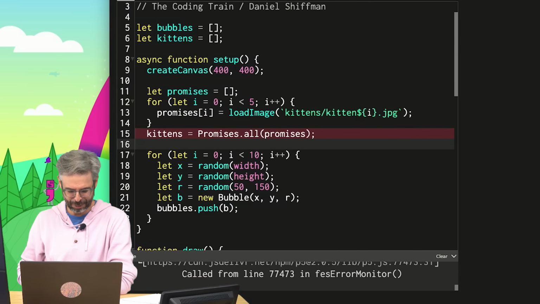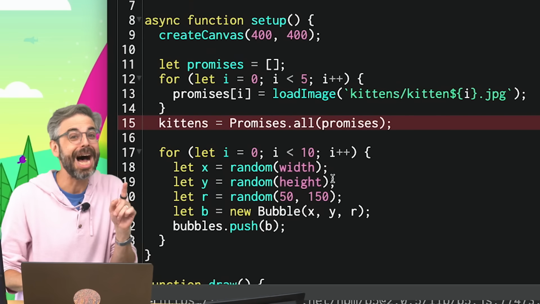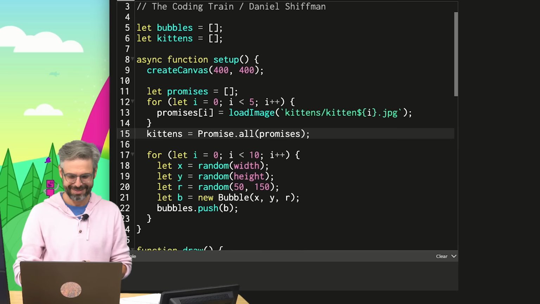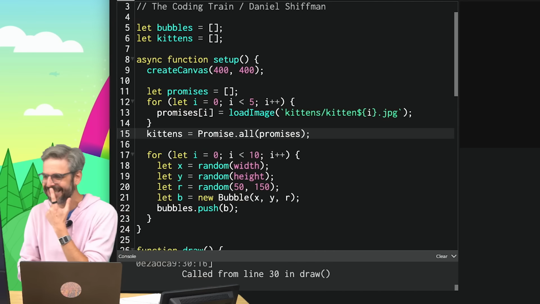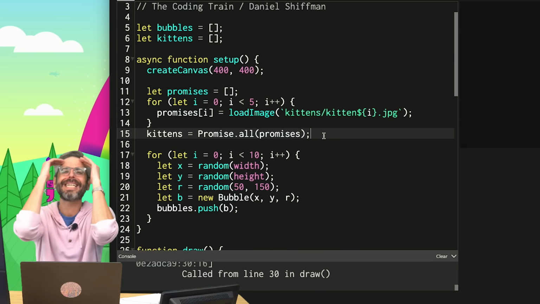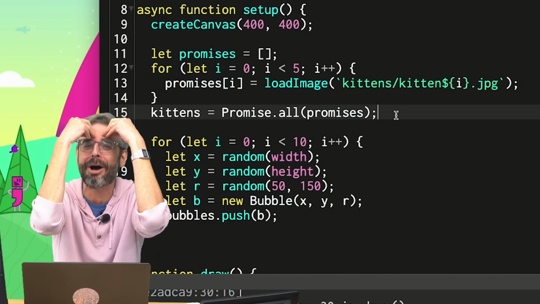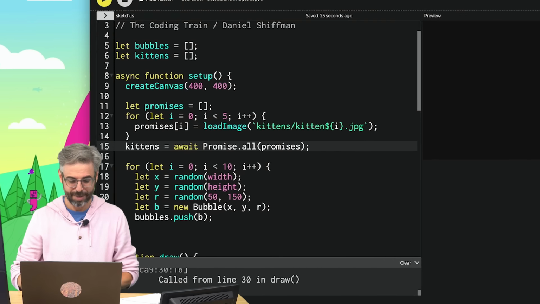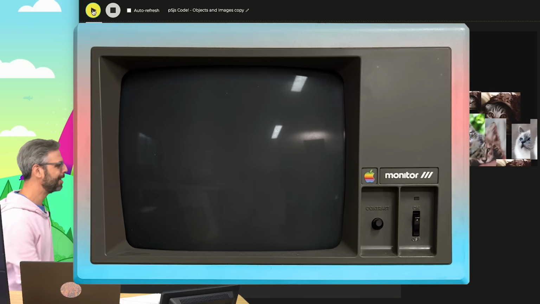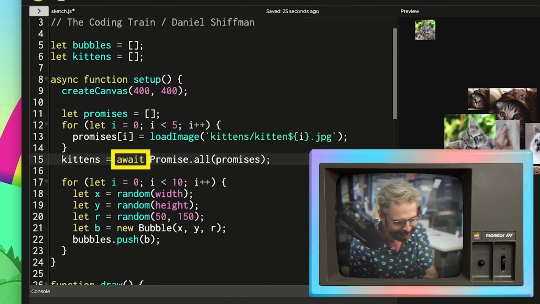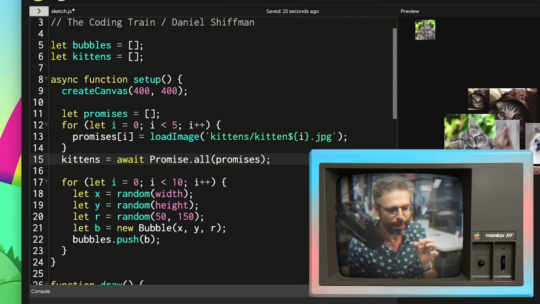No. What did I do wrong? Oops, it's not promises.all, it's Promise.all. Okay. Oh, and I made the classic mistake again. I need a new song. Instead of this dot song, I need the await song. There we go. And just to emphasize again, yes, I forgot the await keyword with Promise.all,